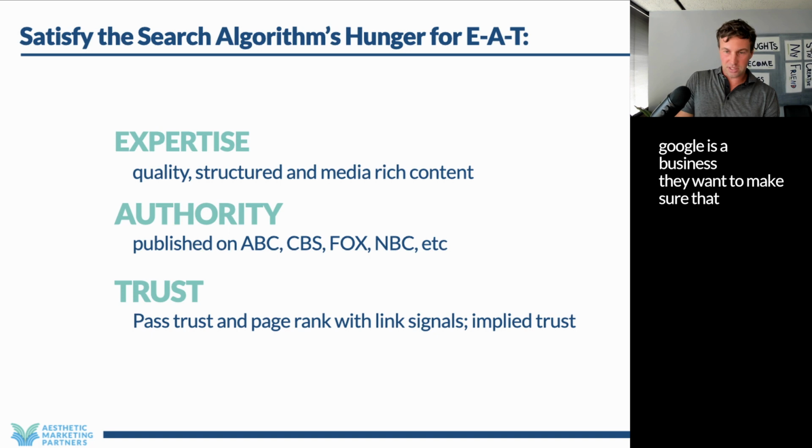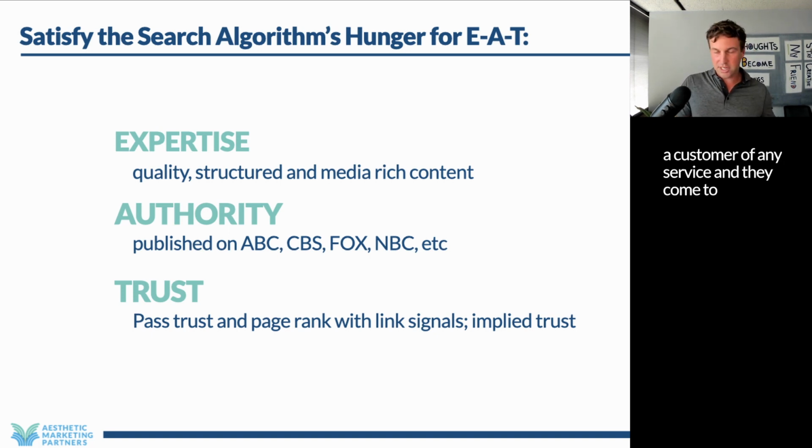If you're Google as a business, they want to make sure that a customer of any service, when they come to google.com and they search for whatever it is they're looking for, that they get the most credible service or product, whatever it may be, research, delivered to them in the most credible way possible. So the ones at the top are the ones that perform the best, that have the most happy customers, and so on. But what's happened is ChatGPT-4 and multiple other AI content writing machines have come out,